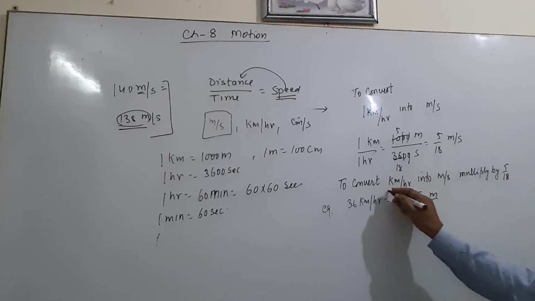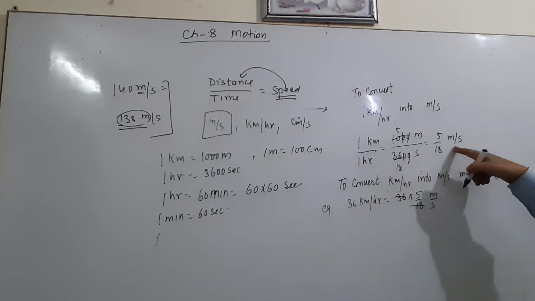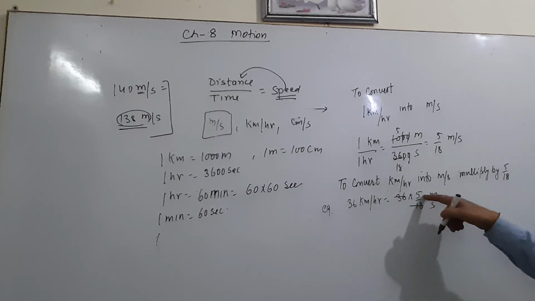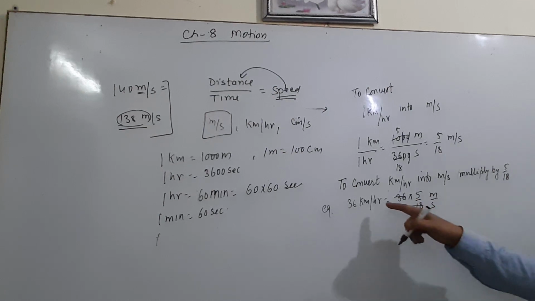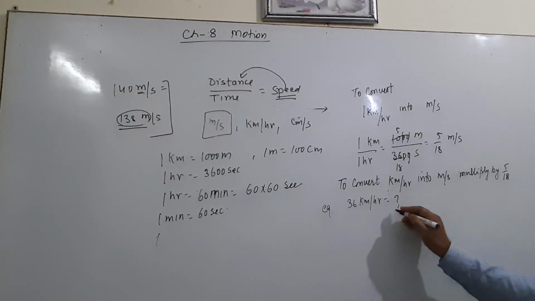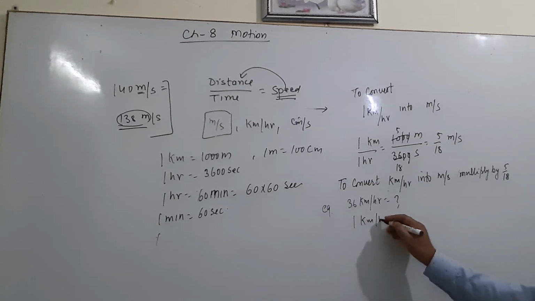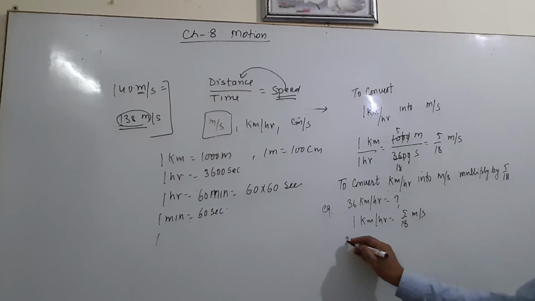That will be 5 upon 18 by kilometer per hour. If you want to change to meter per second, we have to multiply it by 5 upon 18. 36 multiplied by 5 upon 18, for 1 kilometer per hour. Or you can say that 1 kilometer per hour is equal to 5 upon 18 meter per second, or 36